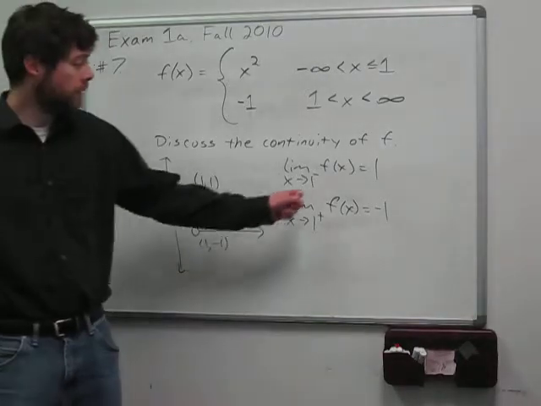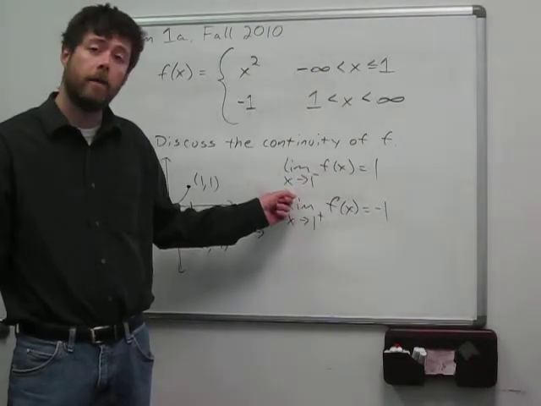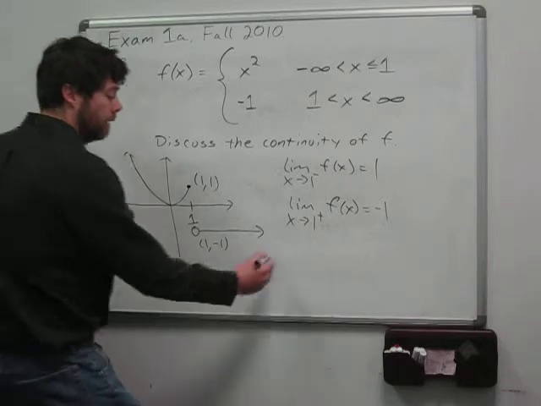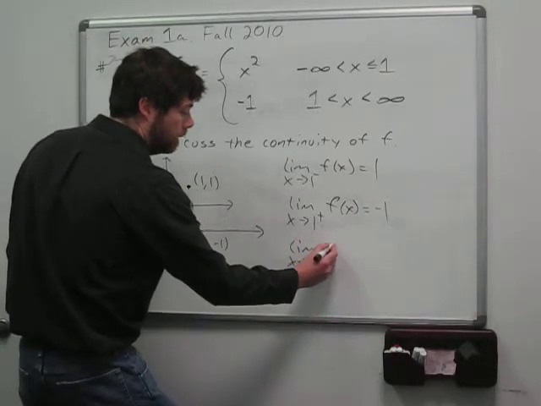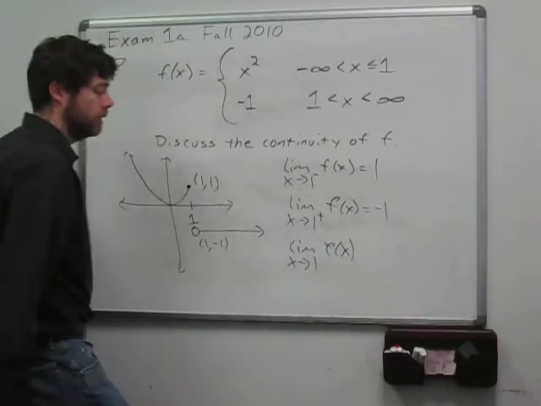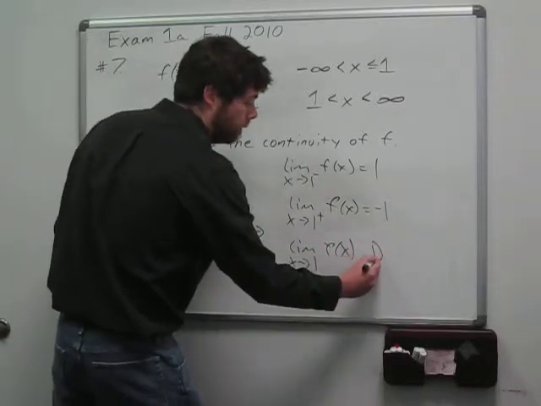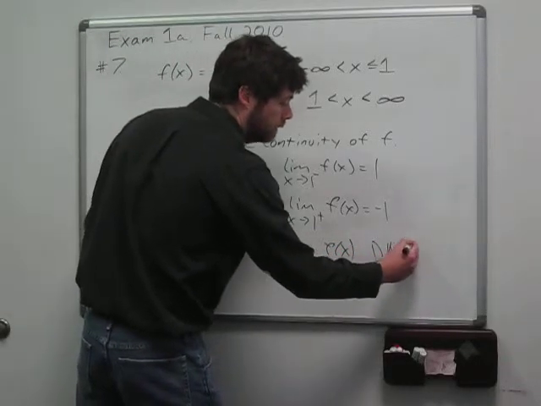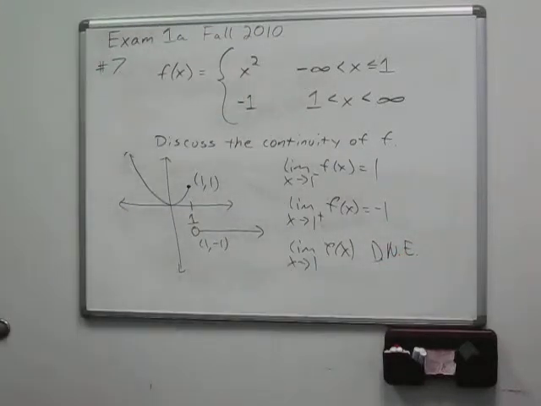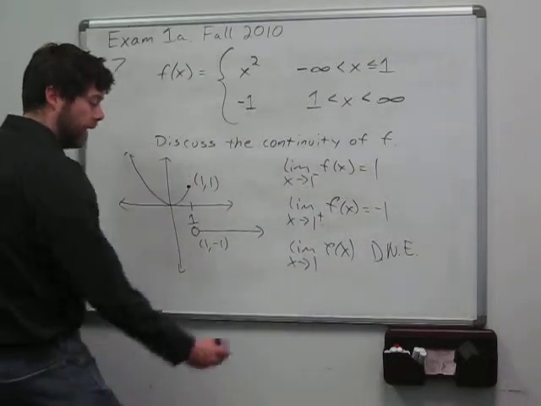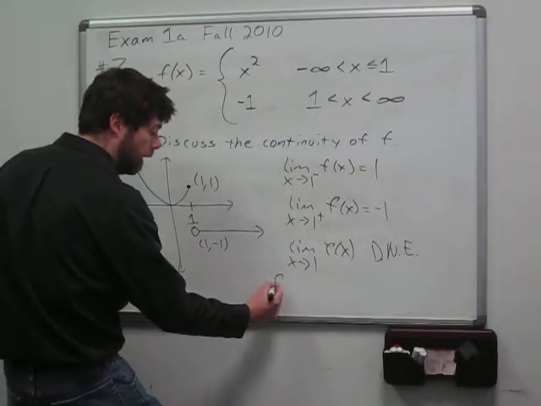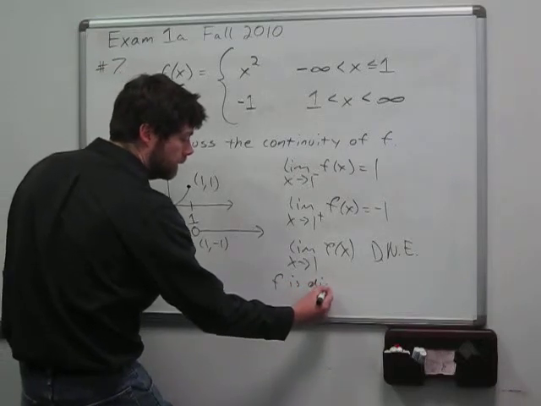Now because the limits are different depending on how x approaches 1, we know that the two-sided limit as x approaches 1 of our function does not exist. And this was the second condition for continuity. So because of this fact, we conclude that f is discontinuous